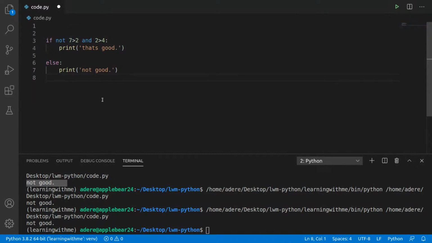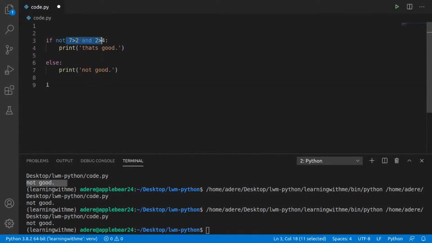I'm trying to figure out how I can say this properly, because I like translating my stuff so I can just say and remember it easier. Maybe you guys can help me out. If 7 is greater than 2 and this is not true, if this is not true,